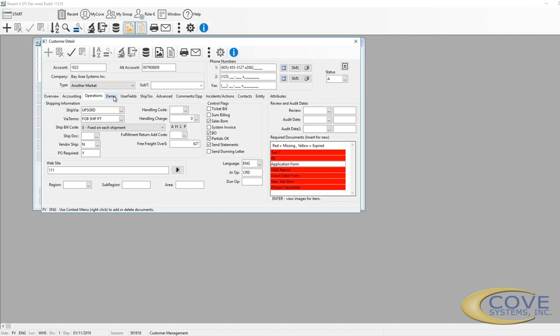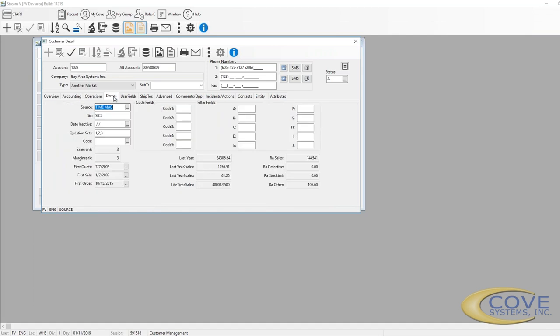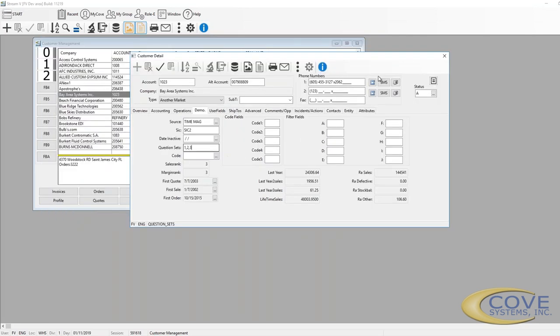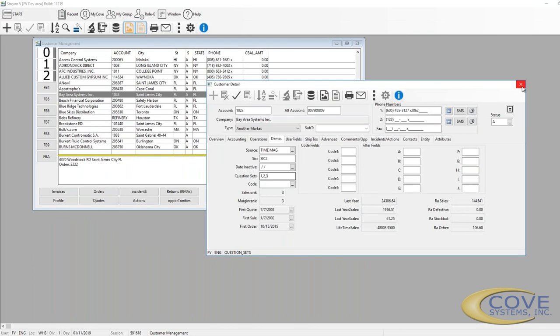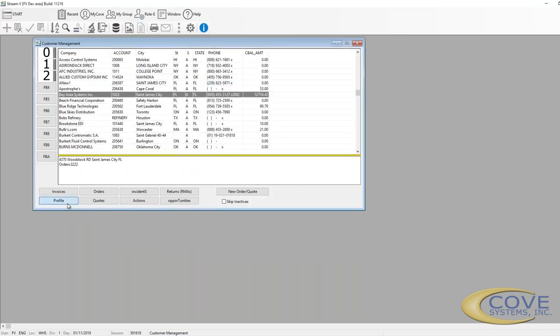So moving on to the next tab, which is a demographics tab. We have a source, where the customer came from. SIC is a standard industry classification. Date the customer went inactive. Question sets ties into the customer profile. So if I close this and go over to the profile,